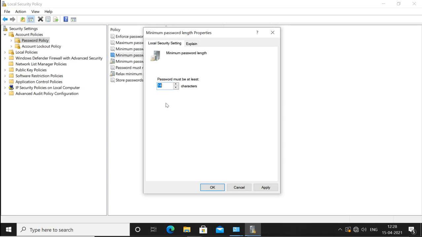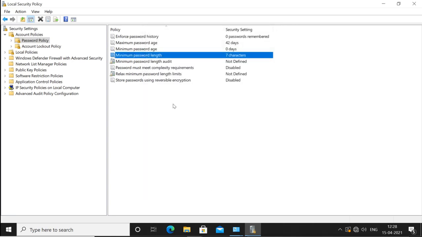That means you cannot use a password with less than 14 characters, not even 13. Now 14 is too big, but we should have at least 8 characters, or at least 7. So let's say I set it to 7 characters.